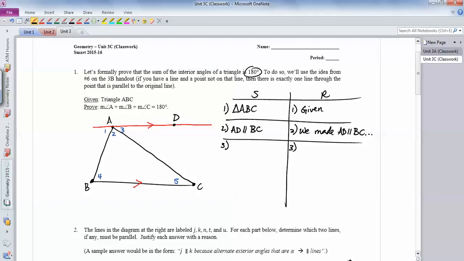Now, we have to pretend that we don't know that a triangle adds up to 180 yet. And in this picture, another way of saying MA plus MB plus MC equals 180, in our picture, that'd be 2, 4, and 5. So I'm going to write below it, really what we're trying to prove right now is M2 plus M4 plus M5 equals 180. That's our goal now. Okay? Well,